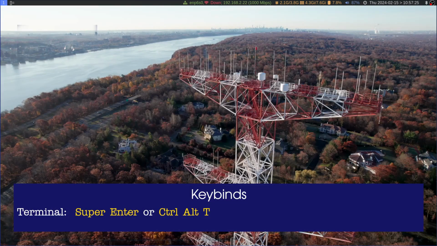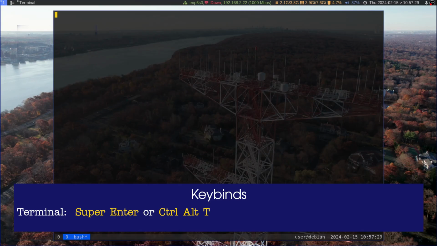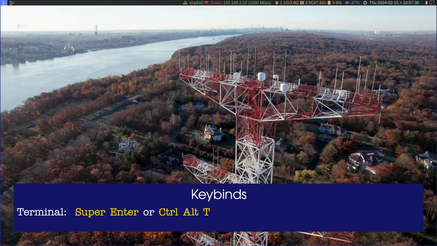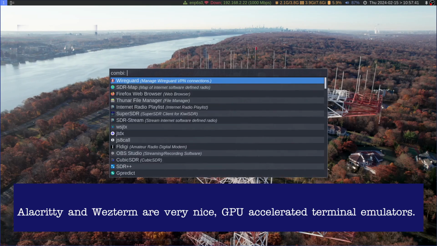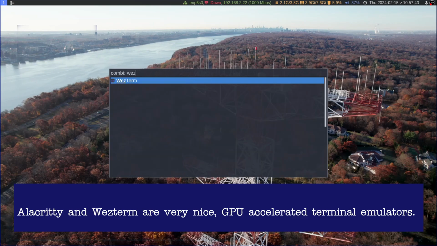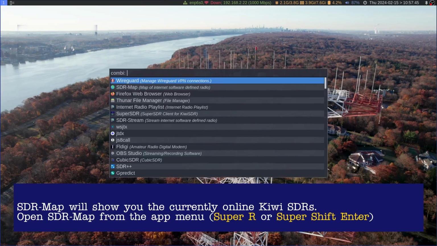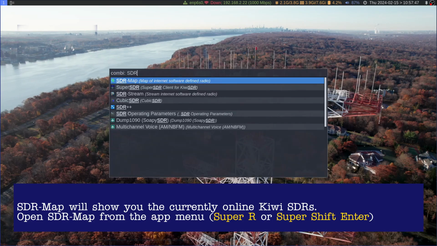The terminal is available with two key combos. Use Super Enter or Control Alt T. By default, the terminal is Alacritty. WebSDR is also installed. One of the key apps is the SDR map, which brings up a map of any